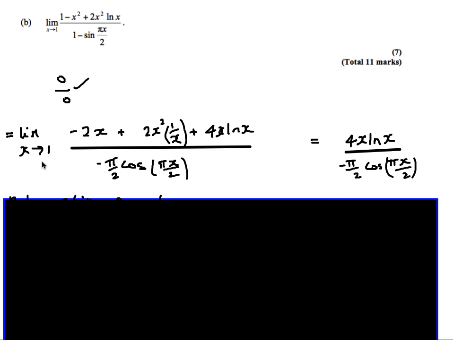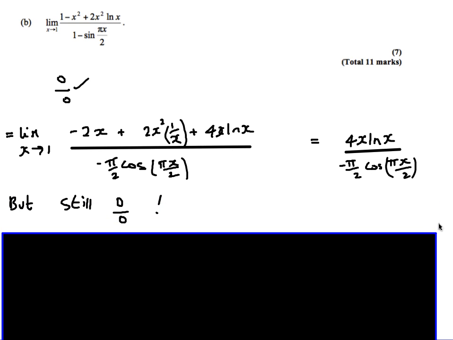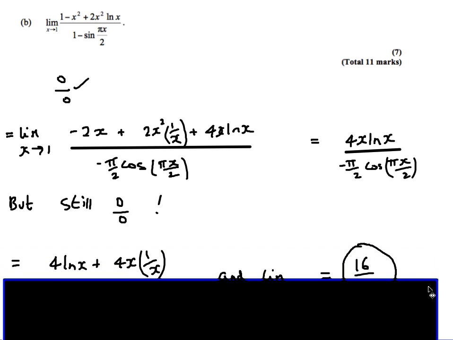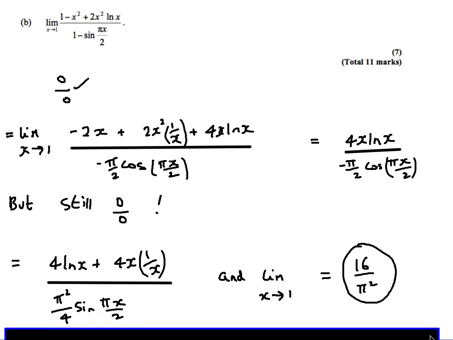Unfortunately, if I then try and put x equals 1 into this, well, what happens? I still get a 0 over 0. Okay, so you're possibly expecting this because it's worth 7 marks, so you're probably expecting to have to do something extra. So, well, we try again. Basically, we do exactly the same thing. So one more time, we're going to differentiate both the top and the bottom, and yet again I have to use the product rule. So for x ln x, I differentiate the first function, keep the second function the same,